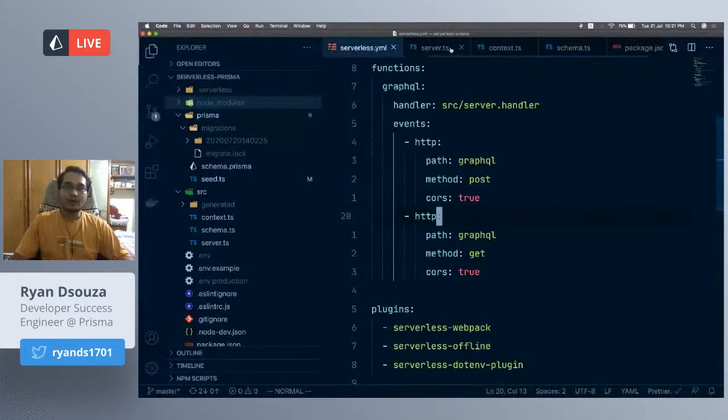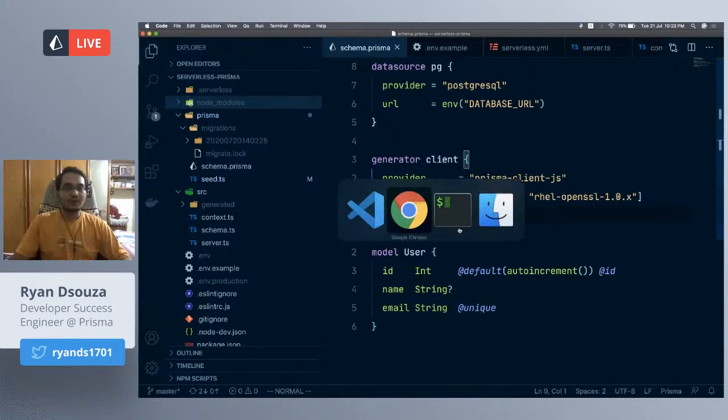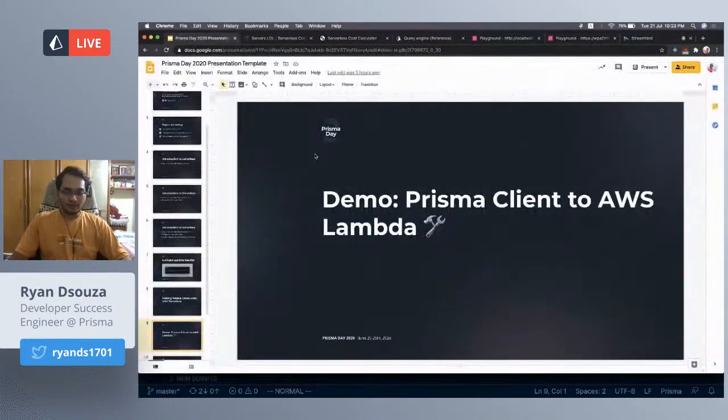The main point to note here was exactly when we had our binary targets. You need to specify the binary targets for your AWS Lambda environment, otherwise it wouldn't work. The rest of the setup is simple because we have used the serverless framework. So, going back to the slides,